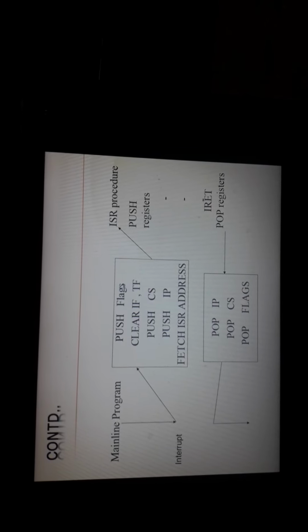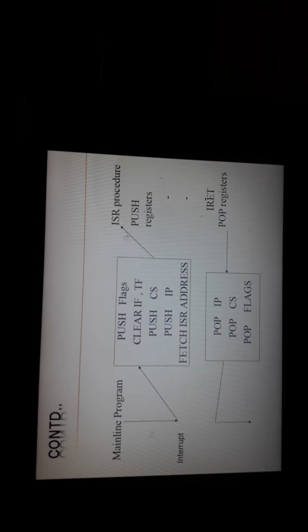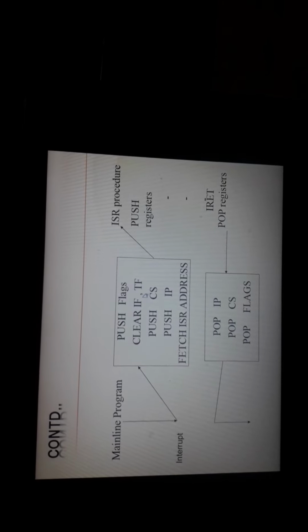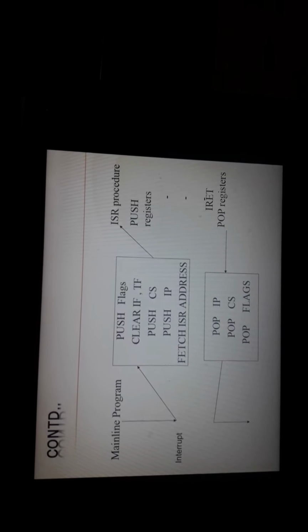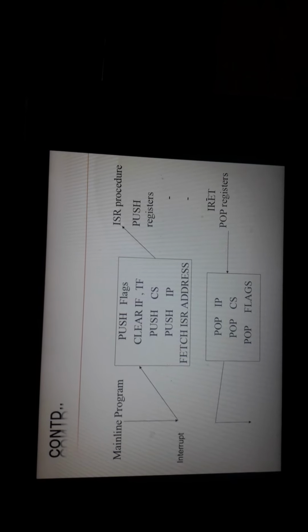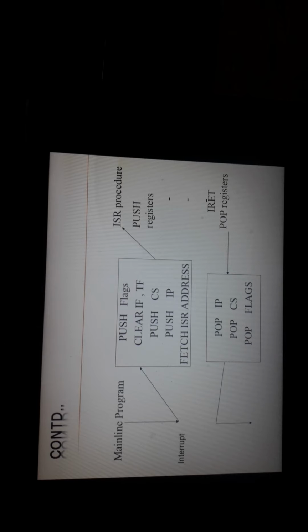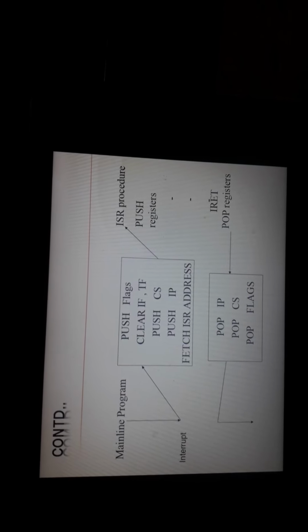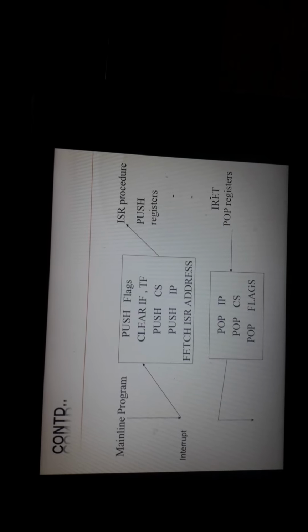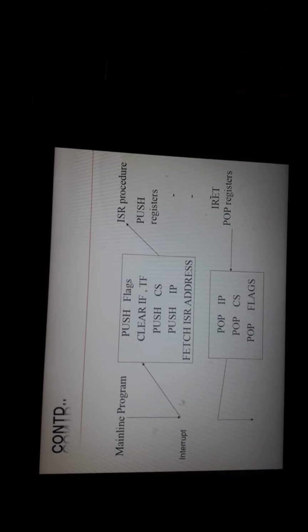So by using this instruction, it stores the flag register value into the stack, and then it clears the interrupt flag so that interrupts are disabled, and the trap flag TF is also cleared. Then it pushes the CS and IP values, the code segment and instruction pointer values, which help it get back to the last instruction of the main program.